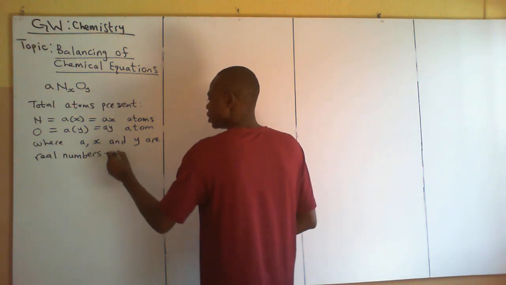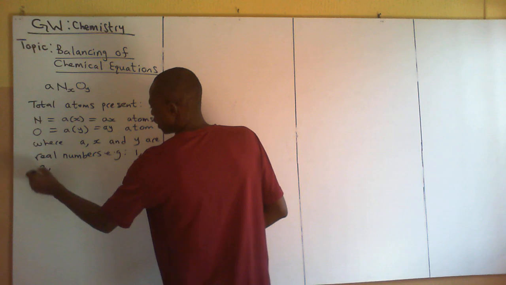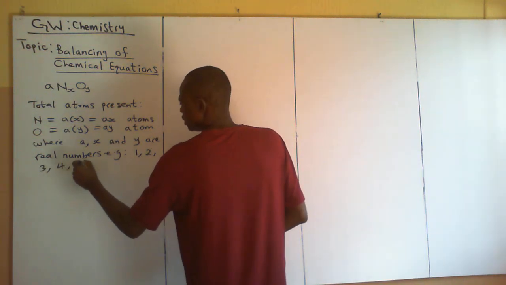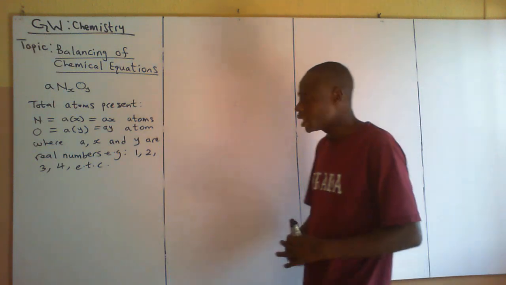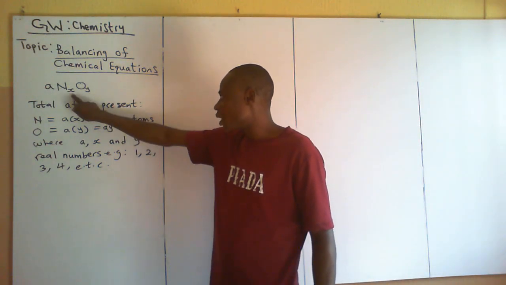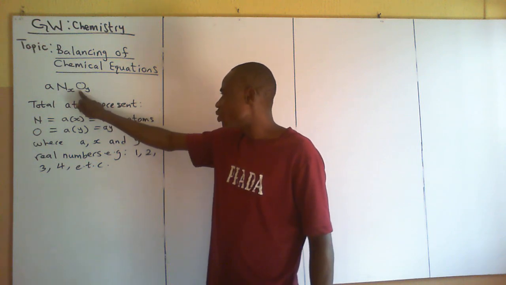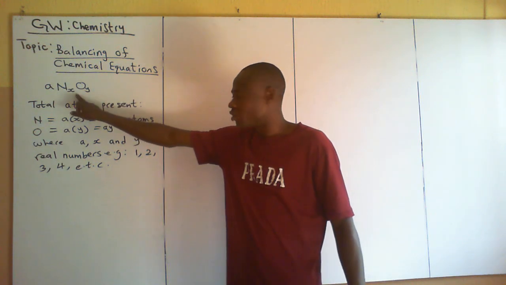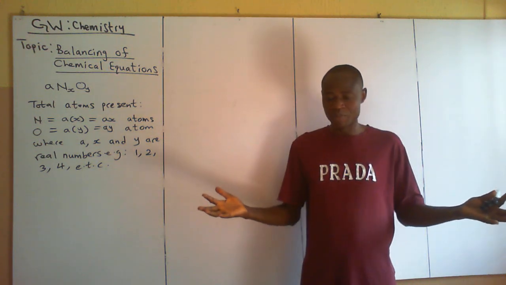e.g. 1, 2, 3, 4, etc. Because the letter A belongs to the two atoms, while the number X belongs to N, and Y belongs to O. So if you can understand this very well, we shall now use the theory of LCM to